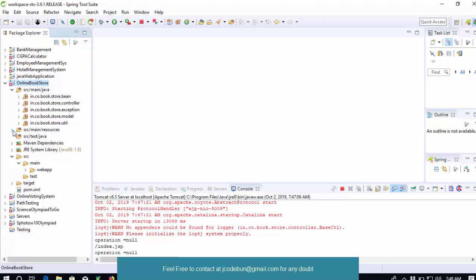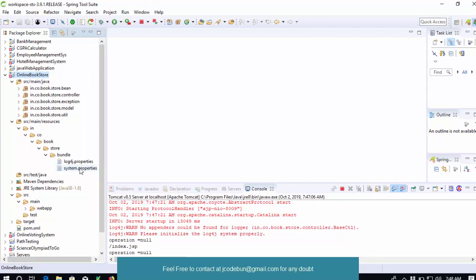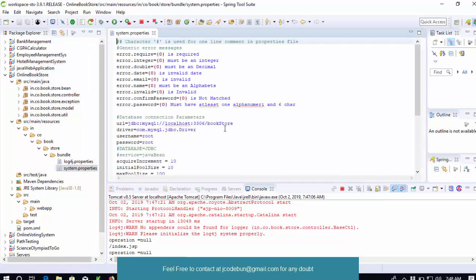So how can you change that? Just go inside your src main resource, click on the in co bookstore bundle, and you will find a file called system.properties, which is responsible for handling all your drivers and common things. As a database connection parameter, you can see jdbc:mysql://localhost:3306/bookstore, where bookstore is the name of my project and database, and this is the port